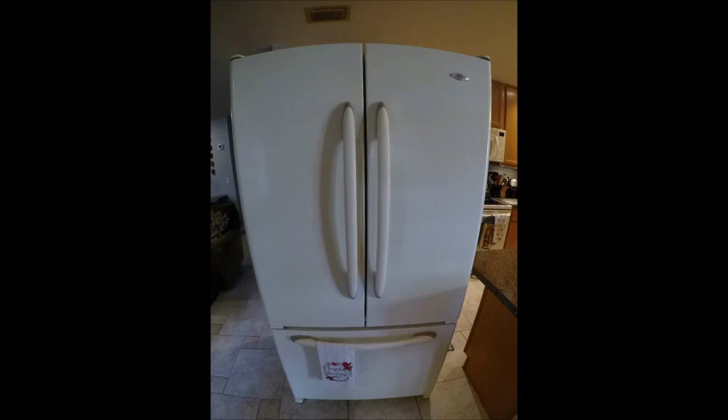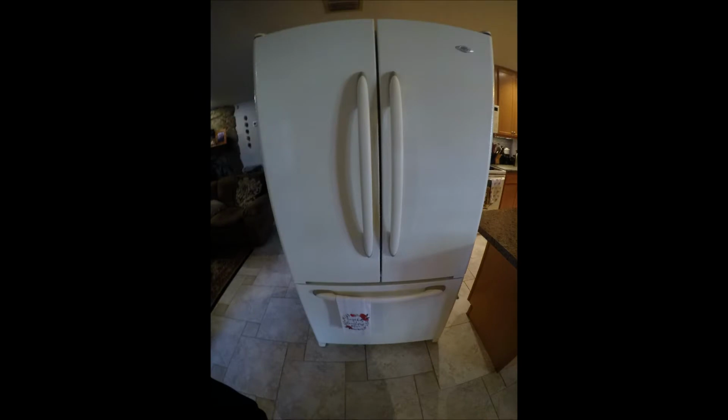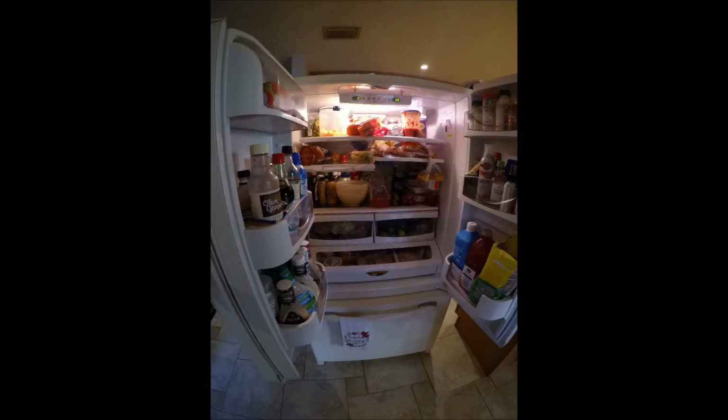Hello guys, today we're going to be working on this French door Maytag refrigerator, and the complaint that we have is that it's leaking water, but this repair also applies if you are not getting any water or ice. So the first thing you're going to do is check the water valve,